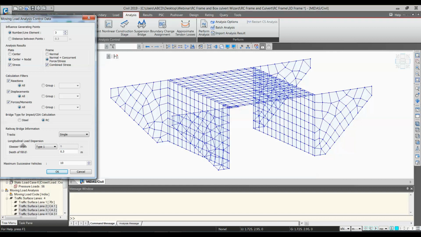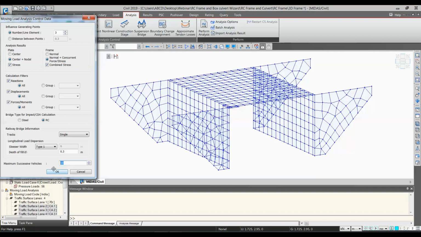This information below is for the railway. If you are dealing with a railway bridge, then you have to mention how many tracks are there, what is the sleeper width, and the depth of fill. Okay, and maximum successive vehicles, 10 is the maximum for such a 12-meter length. In fact, I guess two maximum successive vehicles would be more than enough.